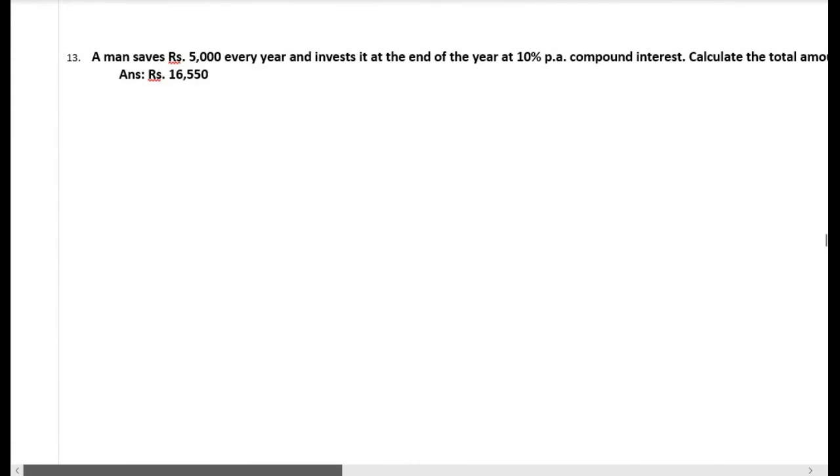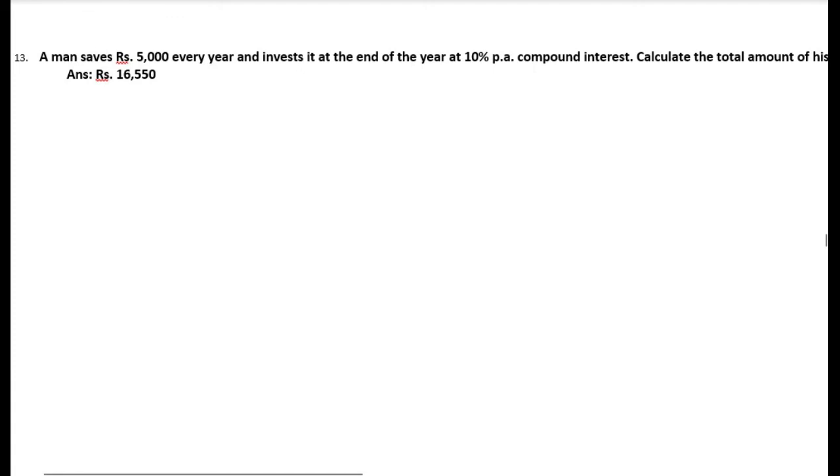Very interesting. This question is very, very interesting because it will test the logic which you used in the fifth question, Mrs. Kapoor wala question. Mrs. Kapoor was very smart. She already had money at the beginning of the year. But this man is a poor man. He doesn't have money at the beginning of the year. He saves the money and he has enough money at the end of the year. And he invests it at 10% per annum compound interest. Let's see what can be done.